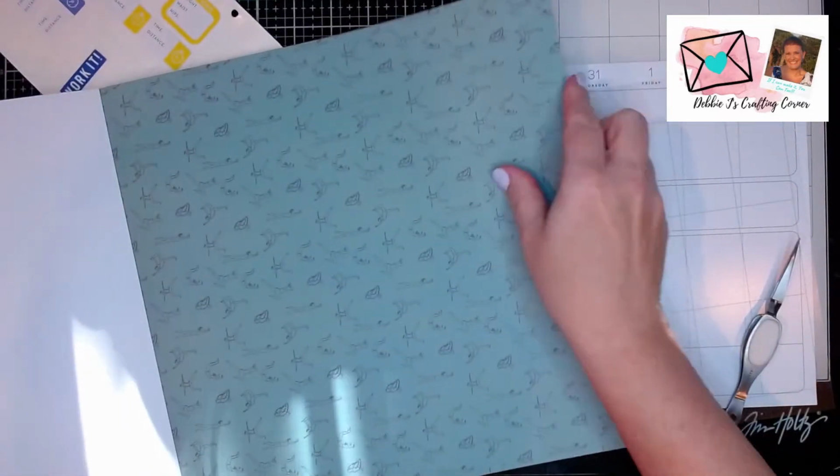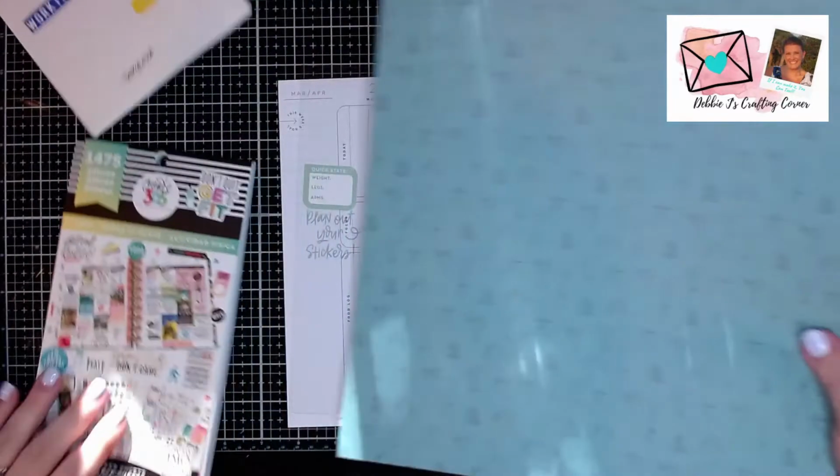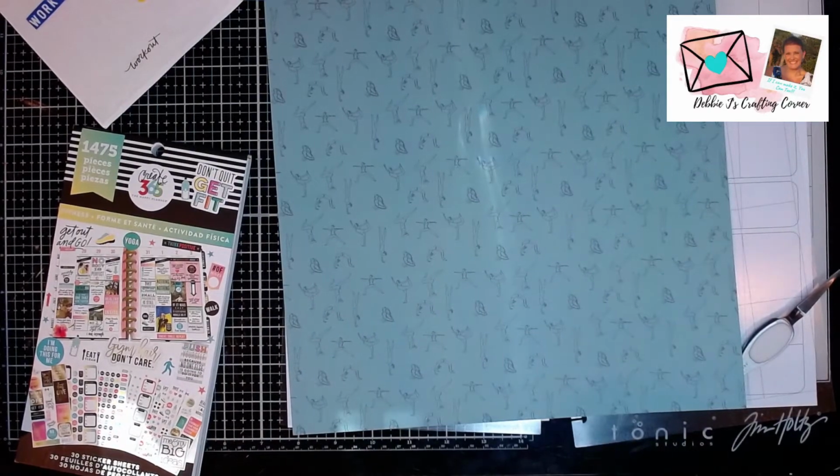I'm just going to grab a sheet of scrapbook paper, and this is going to be basically my decor piece for all of it. And since it is paper, I'll be able to write on it, or I could add stickers on top if I want. And I'm going to start off with,